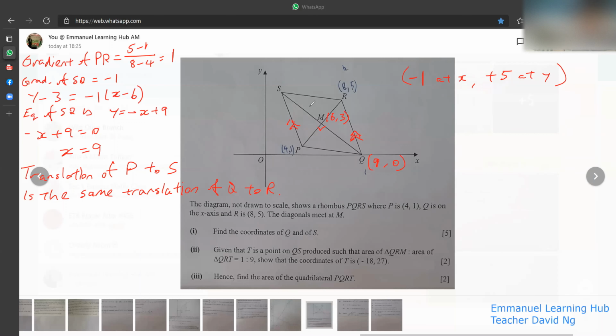So minus 1 at x, my coordinates of S, right? Minus 1 at x will be 3, plus 5 at y. 1 plus 5 is 6. So coordinates of S is 3, 6. Understand? Or you can rewrite it as coordinates of S